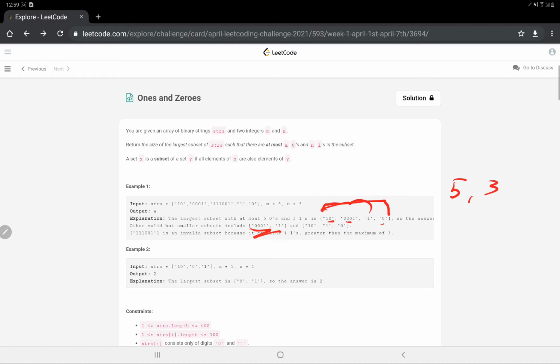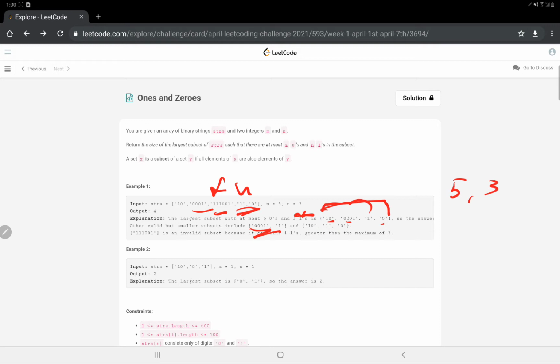Because it is a smaller subset and doesn't contain that much. If we include this in our subset, then we can't include this, and it will disturb because it has 4 ones already present. So we choose this subset, which is the largest subset.